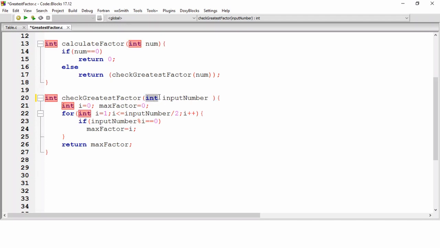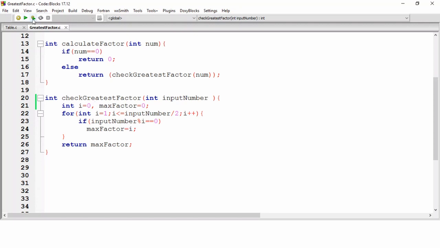So here this was the missing thing, and after this if we try to compile this code, as you can see we are getting a compilation error on this line, because after i equals 0 we have given a semicolon, and because of the semicolon we are getting the compilation error. So we should put a comma here instead of a semicolon. Now if I again hit the compile button, you can see there is no red dot. That means there is no compilation error in this code.